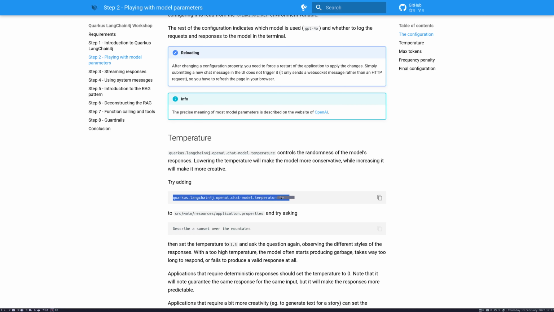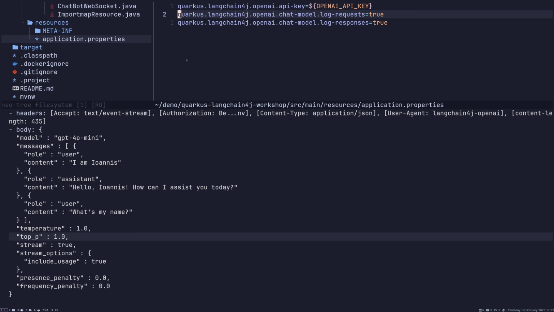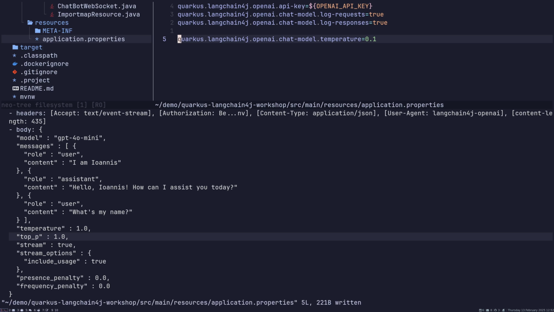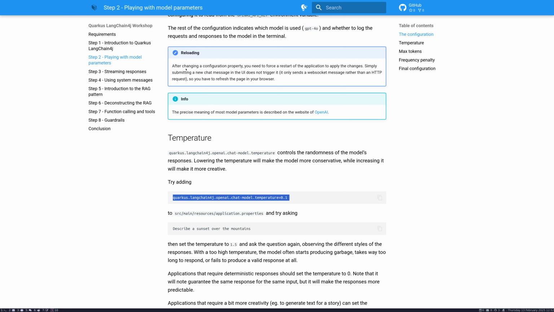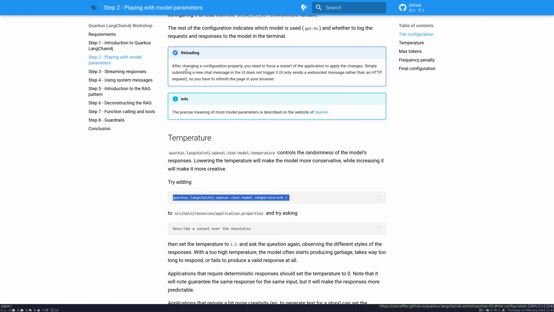We will start by setting a low temperature, which means a predictable response, if you prefer, and we will go to